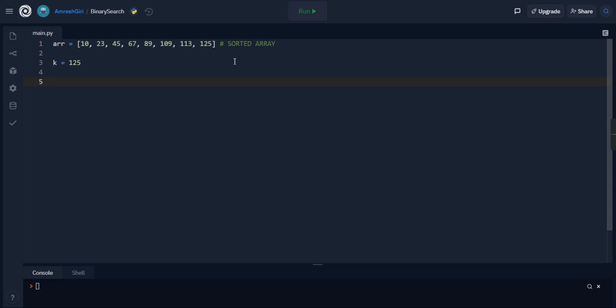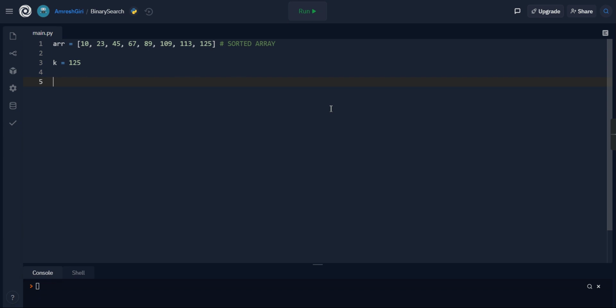So what happens in binary search is that you are given an array which is sorted, right? And you want to look for an element that might be present in your array. Now that you have the array sorted, every element that we have is bigger than its previous element, right? So 23 is bigger than 10, 45 is bigger than 23, and so on.